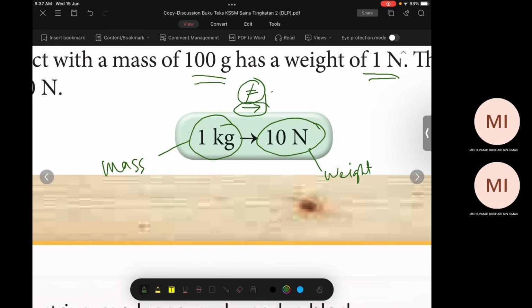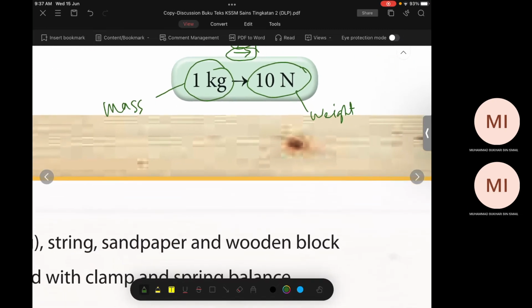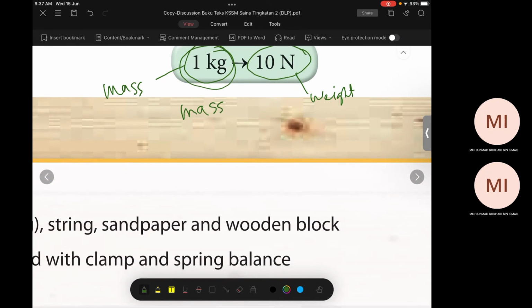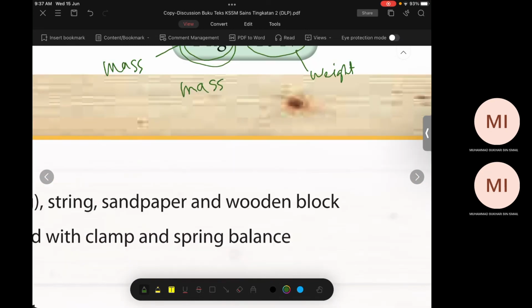Equivalent. But one more thing, let me tell you, this is not accurate actually. But at your level, we accept this. Actually, how are we going to relate this? The formula to relate this is only for information. You don't have to worry about this. You're going to learn this later. Actually, the formula which relates mass and weight is W equals mg. This is weight, and this is mass.